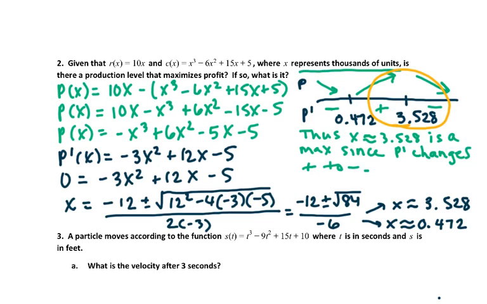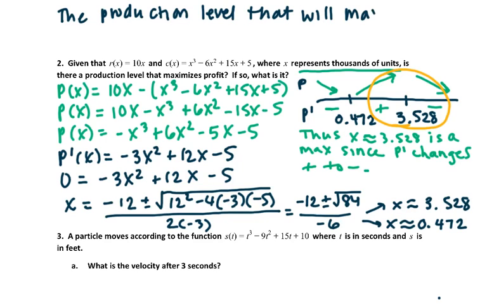So we're going to say the production level that will maximize profit is approximately